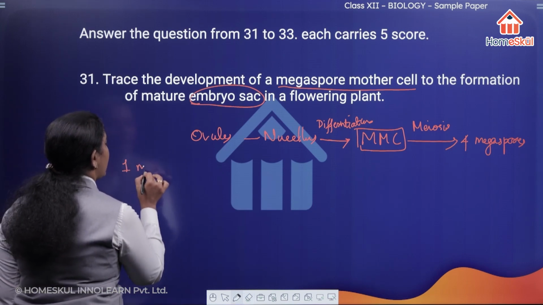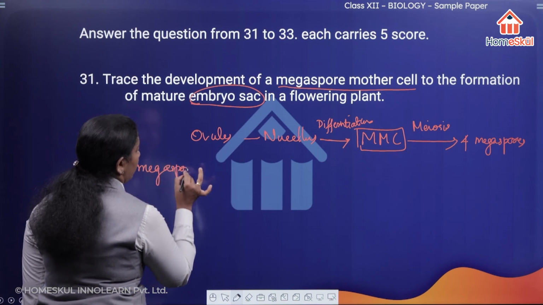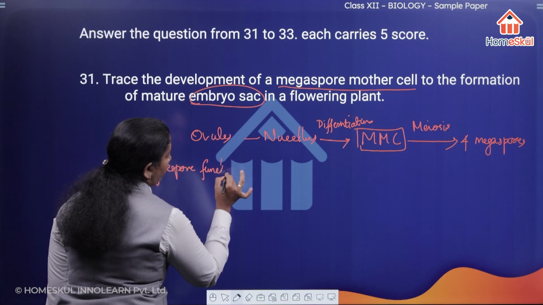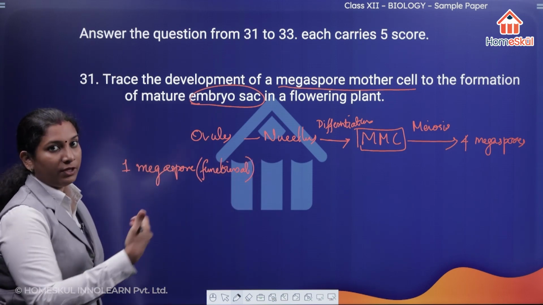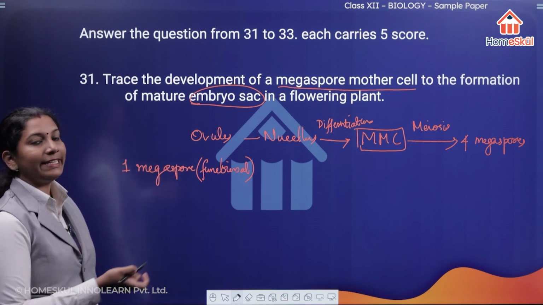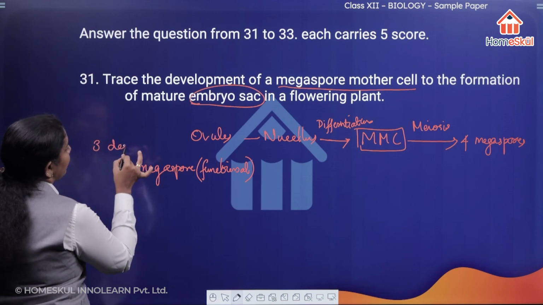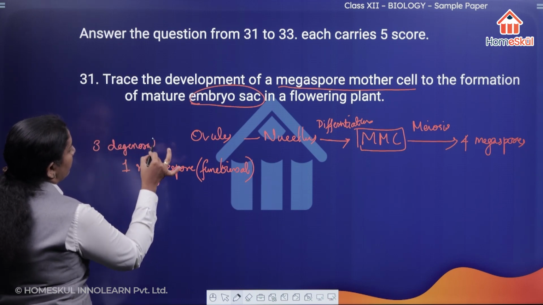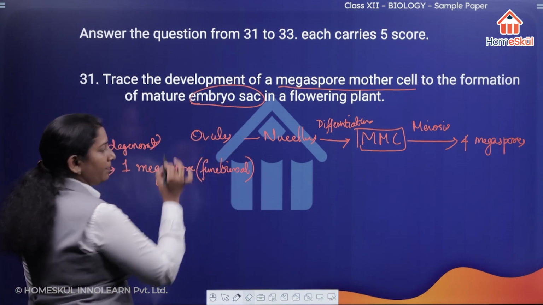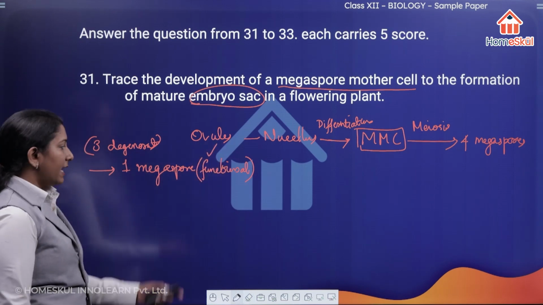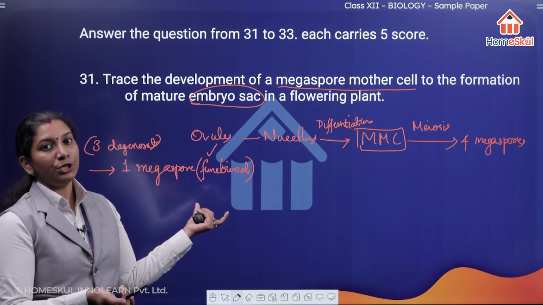Only one is a functional megaspore, and the other 3 out of these 4 megaspores will get degenerated. Three megaspores will get degenerated and only one becomes functional. This one functional megaspore will then, in future, be